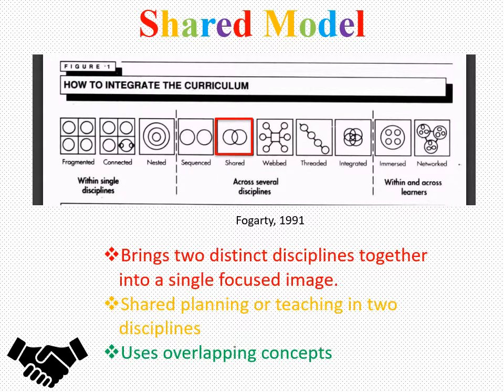Fogarty's model of integration looks across several disciplines of the curriculum through the shared model. The shared model of integration views the curriculum through binoculars, bringing 2 distinct disciplines together into a single, focused image. This model uses overlapping concepts as organizing elements, as seen in the image, and involves shared planning and teaching. For example, 2 members of a partnership